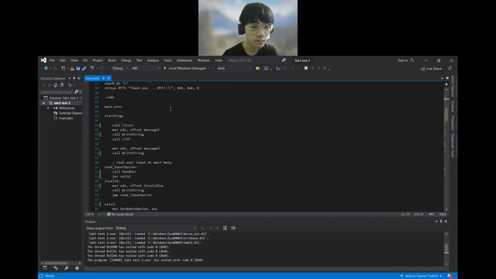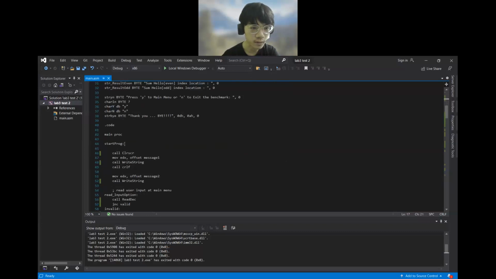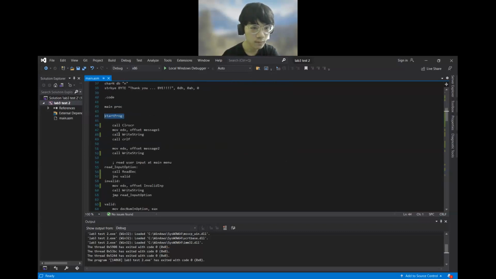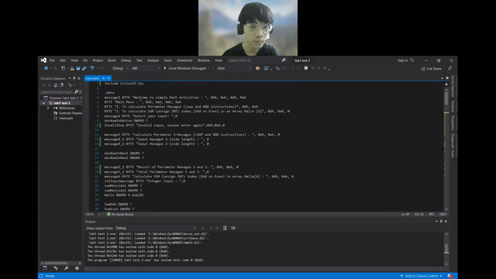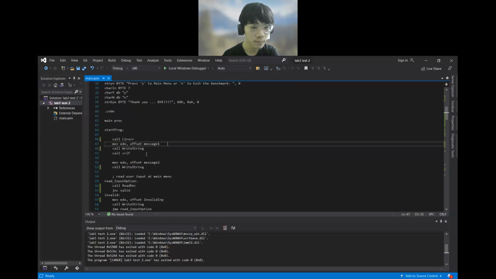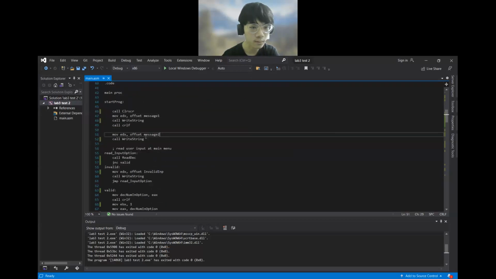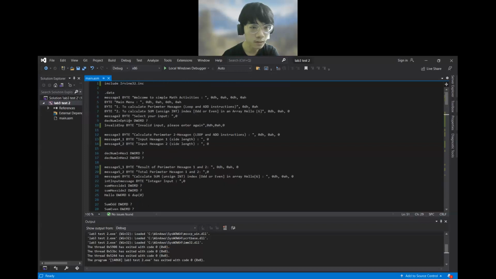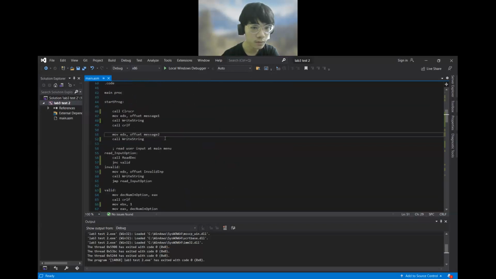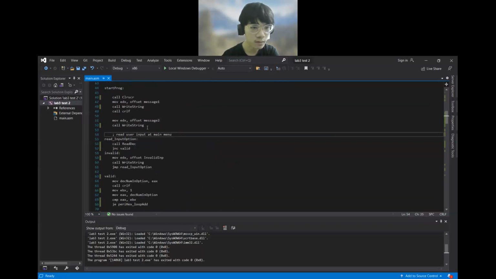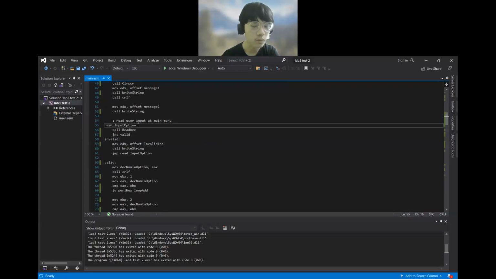Okay. So at the beginning of the program, I set the start probe so that I can look back at the end. So first we'll call CLRSR, which clears the screen. Then display message 1, which is the menu for the program. After that, we'll call message 2, which prints the select input, the input option for the user. Then we go to the read input option, where the program will read input from the